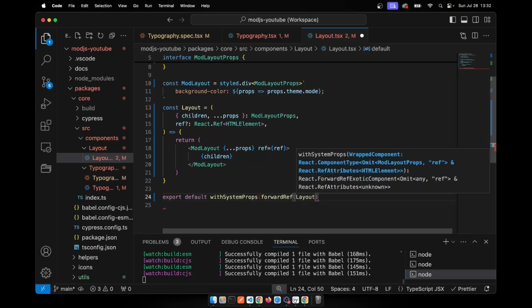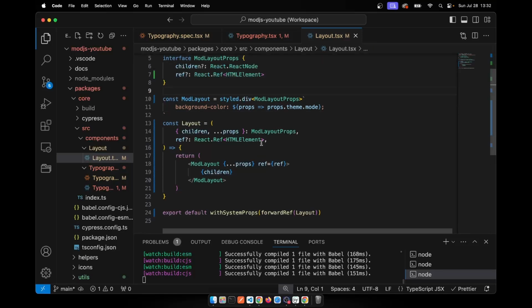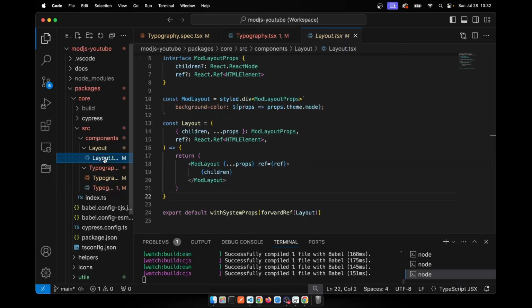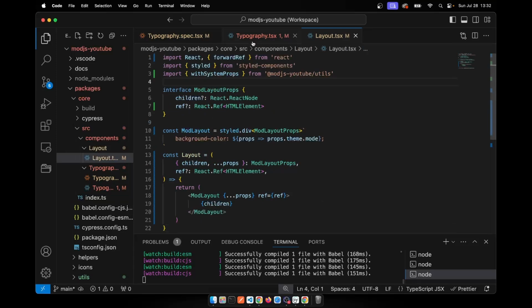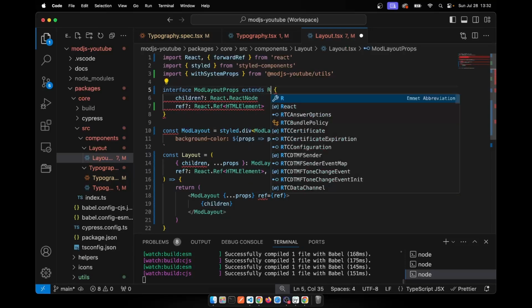layout, and then let's close that. Let's save that. Okay, so that should do for the forwardRef for layout. Let's try to fix this ref over here too in typography. So let's compare what do we have different here. So mod layout props, let's change this type to some TypeScripts here. This should extend from